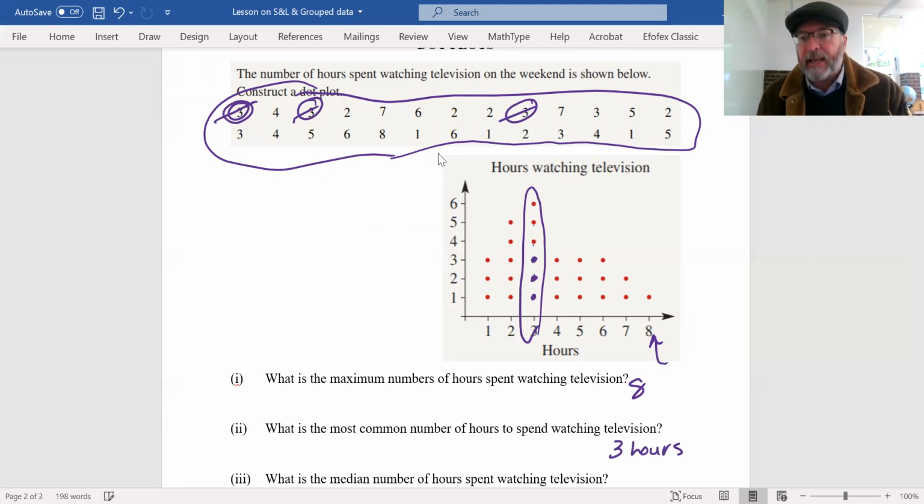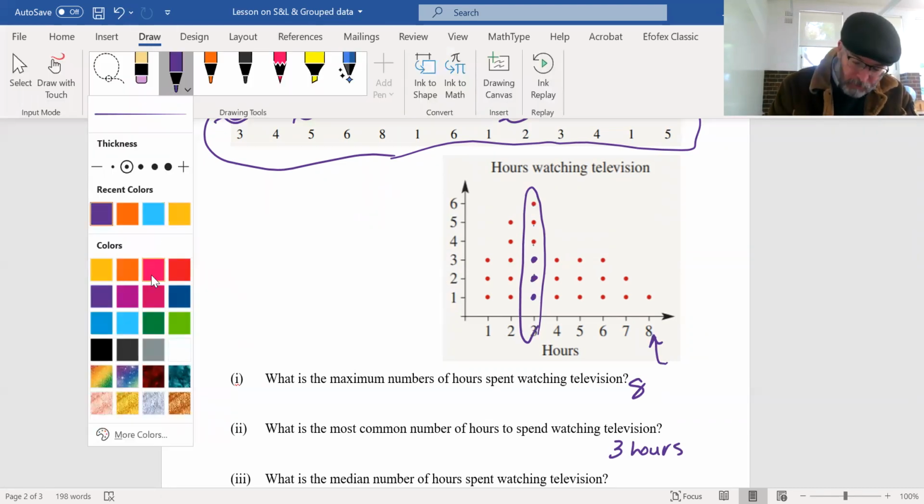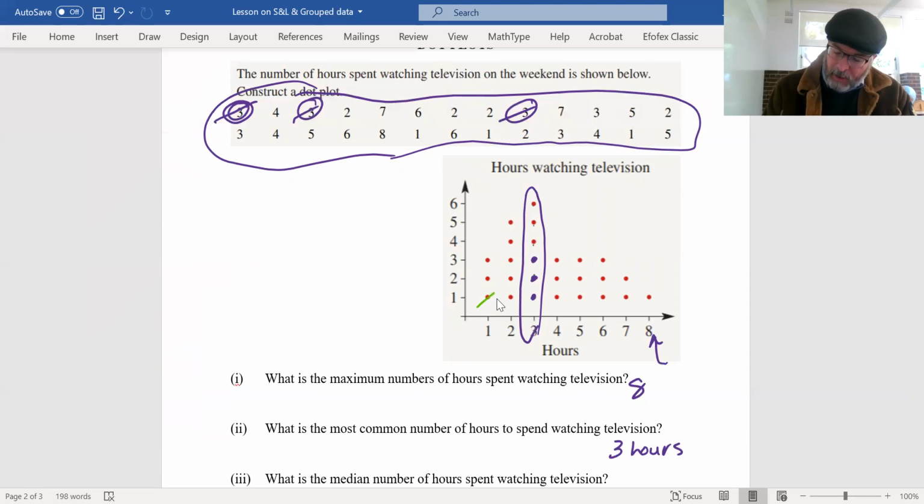What is the median number of hours to watch television? So once again, when the data's set out like that, you can cross out going from smallest to biggest. For example, we've got a 1 hour there with an 8 hour there, and a 1 hour there with a 7 hour there, and a 1 hour there with a 7 hour, 2 hours with a 6, a 2 with a 6, a 2 with a 6, a 2 with a 5, a 2 with a 5, and then a